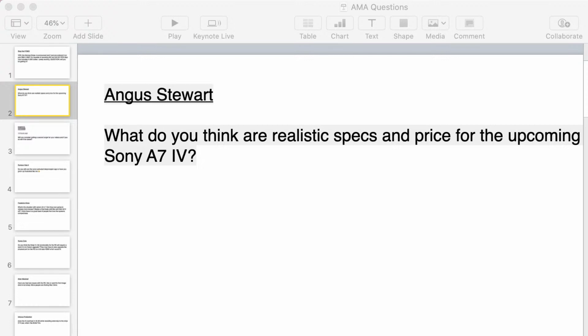Okay, Angus asks, what do you think are the realistic specs and price for the upcoming Sony a7 IV? This one isn't that difficult. Now, pricing, this is how we all do it. You look at the price of the a7 III when it first came out. You look at how many years it's been since. So let's say it's been 3 years. And you apply the current rate of inflation. That's 2%. So you take the price, you add 2% for each year, and that's kind of your base minimum